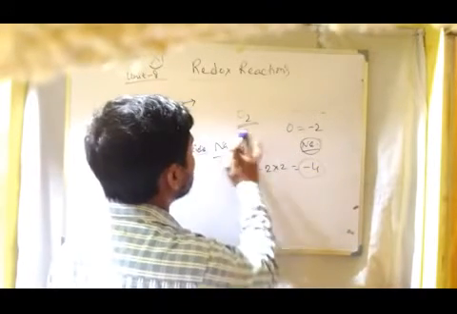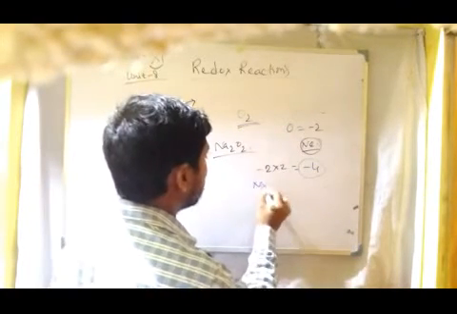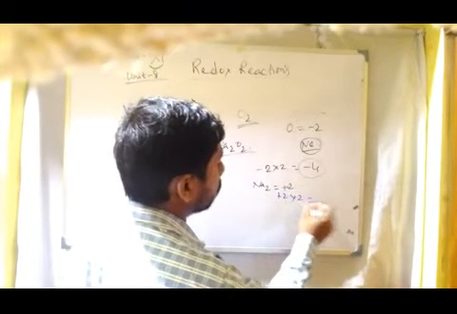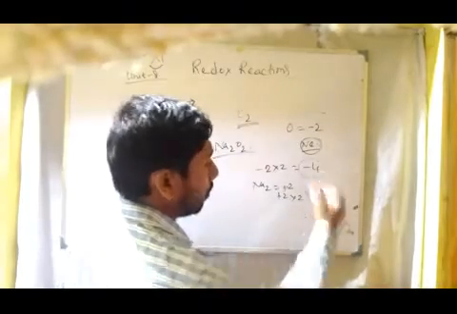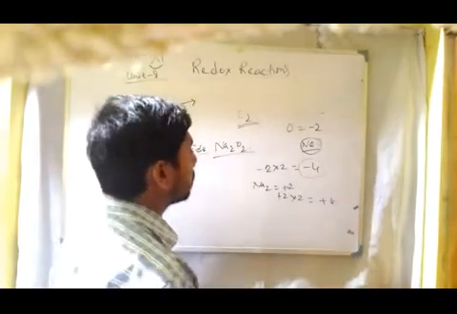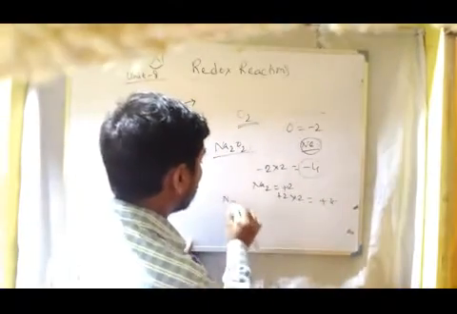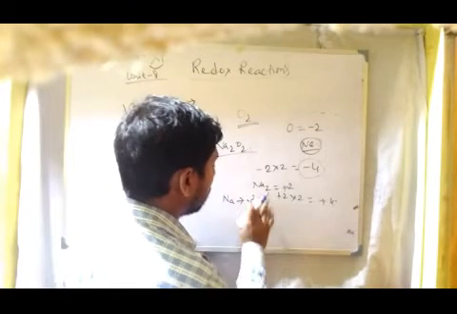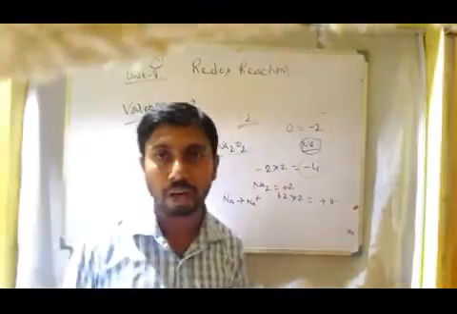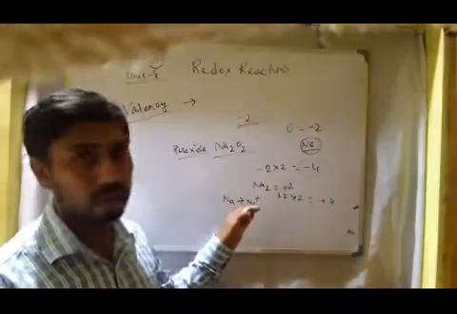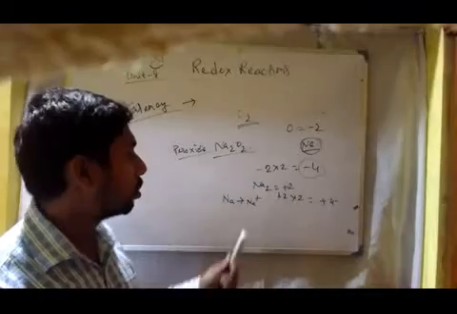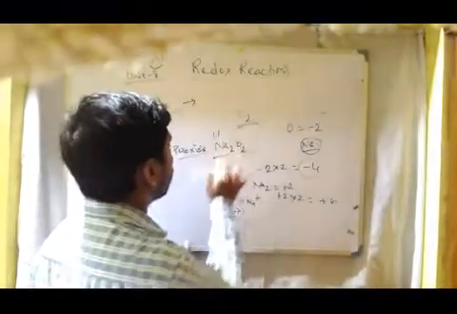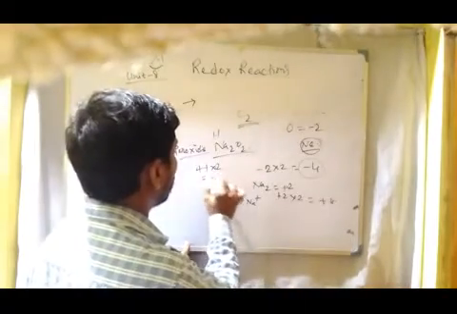Now as there is no charge, the valency of sodium must be +2, because +2 into 2 is +4, and that can neutralize the charge. But we know that for sodium, the only possibility is that Na can form Na+, not Na2+, because Na+ is the stable electronic configuration, that of neon. As it is stable and fixed, it will be +1. So +1 into 2 is +2.